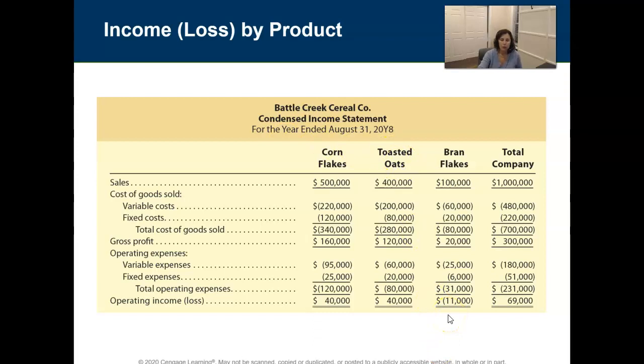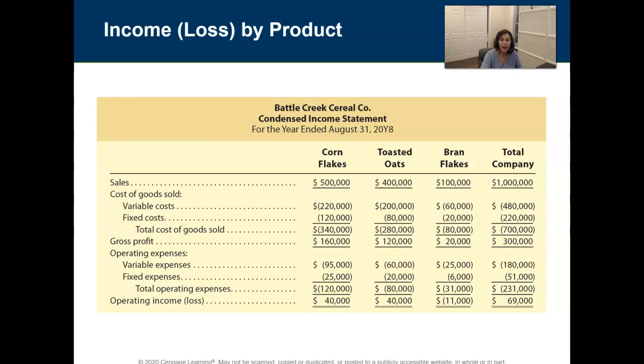And if you're a manager, if you hadn't taken this class, you might say to yourself, what are we making bran flakes for? We should just stop making bran flakes because we'll be better off. But a portion of our bran flakes is covering our overhead costs. So we've got total fixed costs associated with the production of our goods of $220,000, of which $20,000 is allocated to bran flakes. In terms of our fixed general overhead costs of $51,000, $6,000 of that is allocated to the